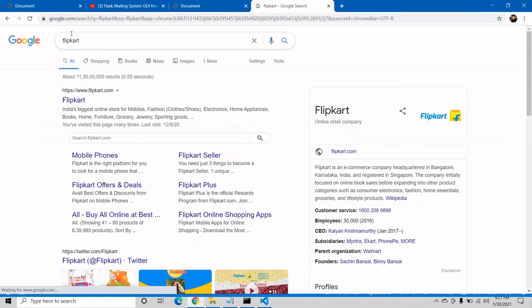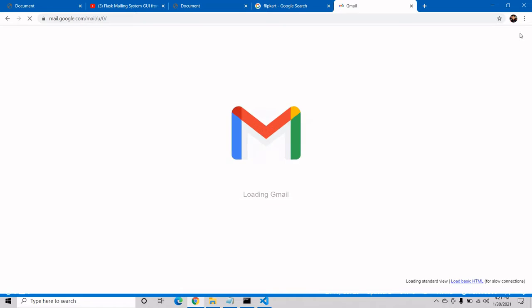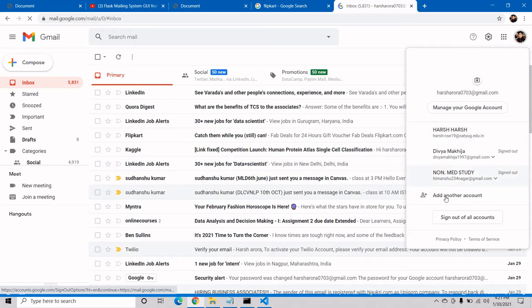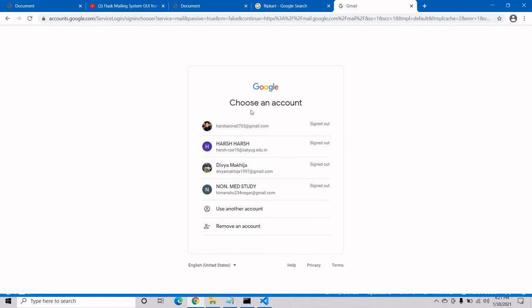Now as we can see in the link, there is Flipkart. But whenever we try to enter our Gmail, suppose I try to log out and then re-enter the password.